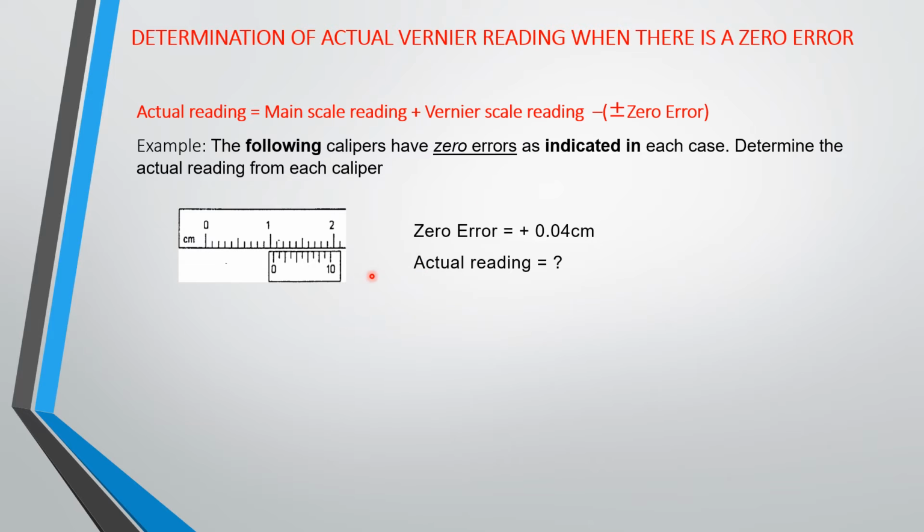Okay, so this is an example. This is a Vernier scale. For you to calculate the actual reading on this Vernier scale, you are going to first of all calculate the main reading. This is the main scale, and this is your Vernier scale. We've already discussed how to calculate a Vernier scale reading. So here, take your reading first on the main scale. Take the reading from the zero on the main scale before the zero on the Vernier scale. So this gives us 1.0. You put that down,